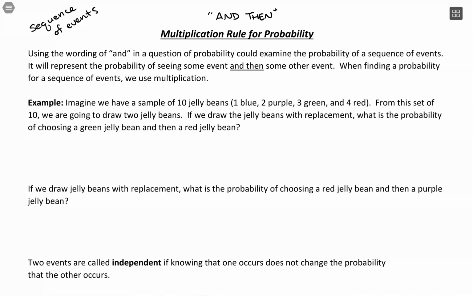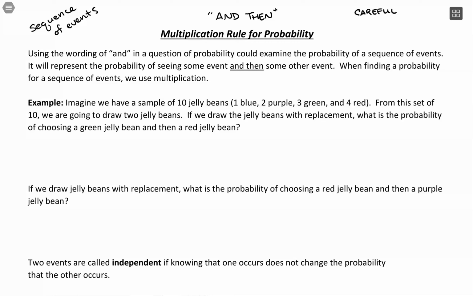We want to see the probability of this and then this. And really, with the notation in our class, if you want to write "and then" instead of "and," you absolutely can. I'm going to write "and" here just so that it matches your other resources in your textbook, but verbally I'll be sure to bring "and then" in, because it's going to bring through a very different calculation. So just be careful here